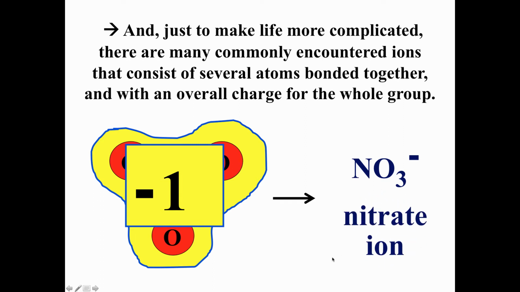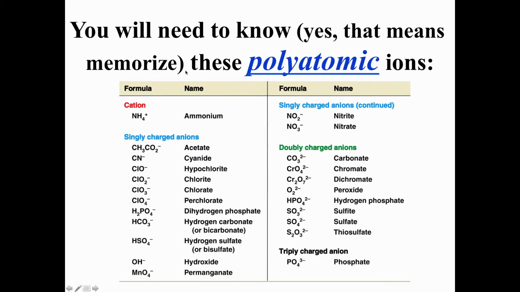There's a number of other ions that are like this, and later in the course we'll investigate why they form the way they do. But for now, you should simply learn a handful of the common, what are called polyatomic ions. Poly means many, and then atomic, so these are many atoms in an ion. And this is actually only a small list. This is from your textbook. There are much more extensive lists of polyatomic ions, but for now I'm going to just highlight the key ones